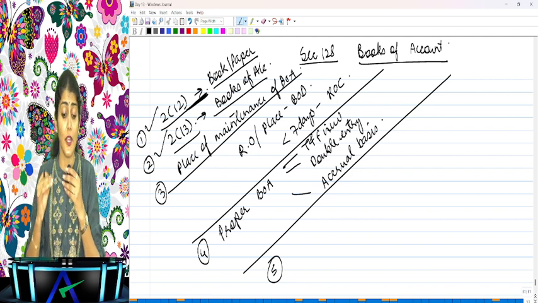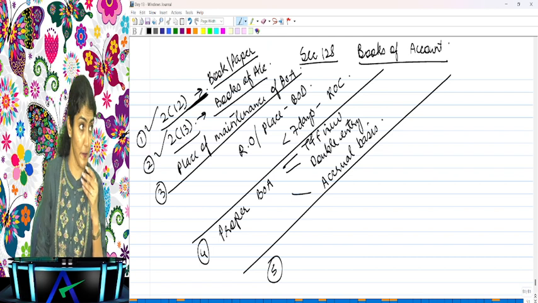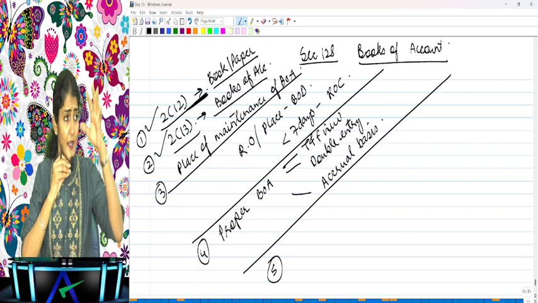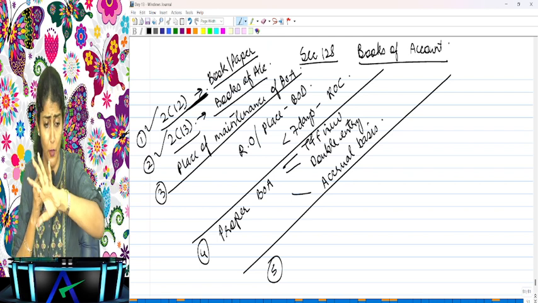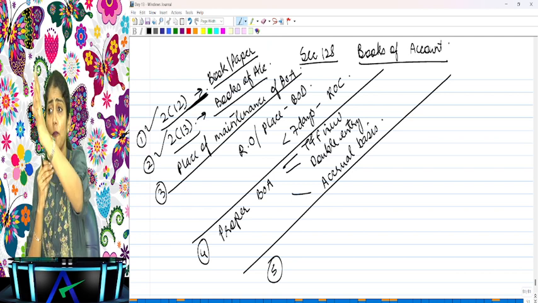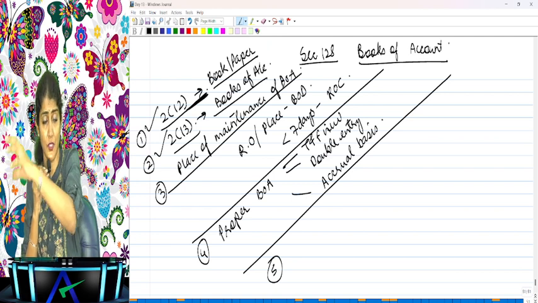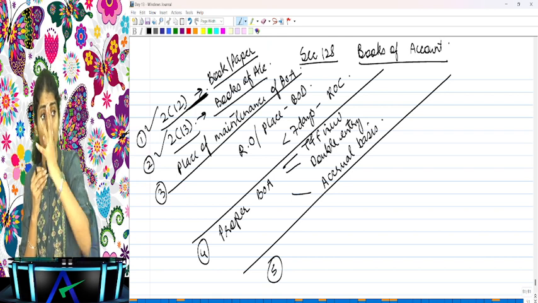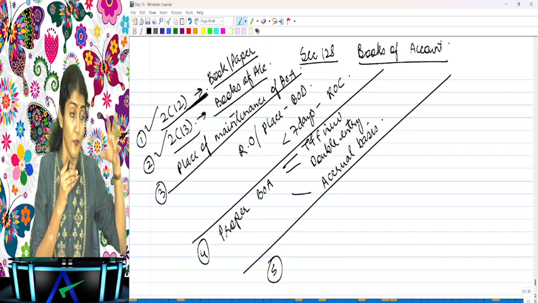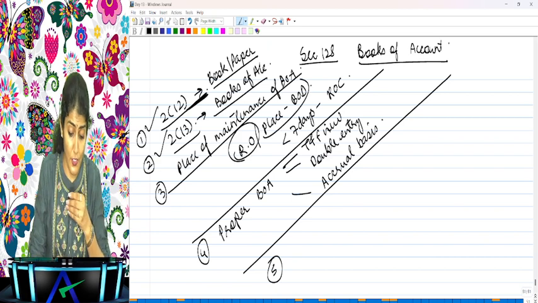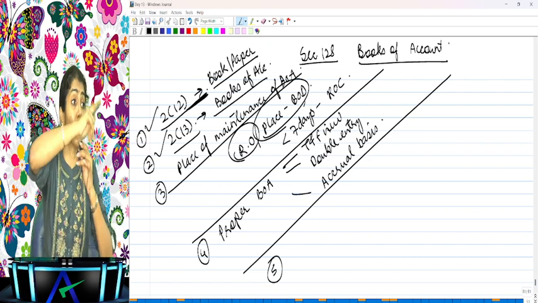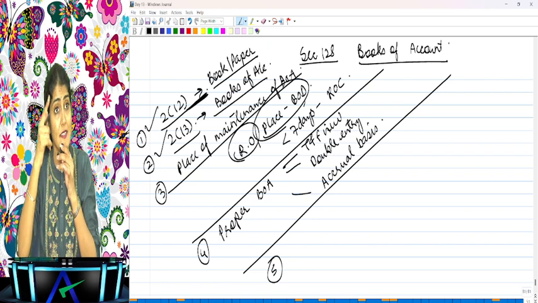Okay, where should a company keep its books of account? Where? Place. What is the place? Where should a company keep its books of account? Registered office or place decided by the board. Okay. Now say instead of registered office, a company is having a corporate office in some other city. So they passed a board resolution that our books are kept at the corporate office. Okay. But now what about the branches? Branches will maintain the books at the branch only. So the branch is not maintaining the books at the registered office or the place decided by the board. Then how will the branch comply with the requirement of place of maintenance of books of account? Are you understanding the question?